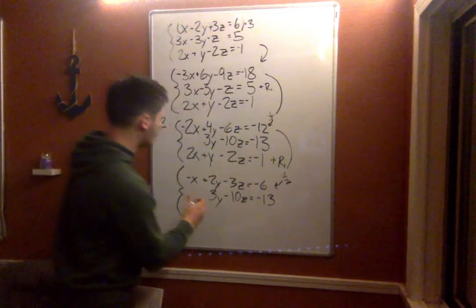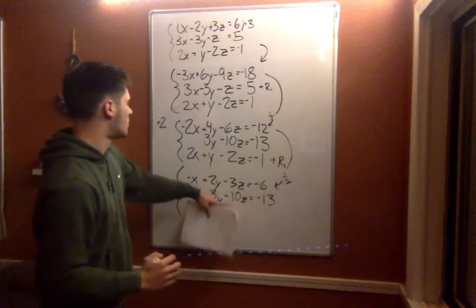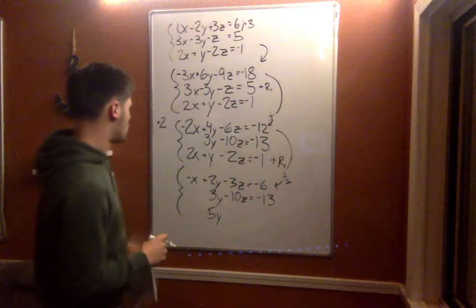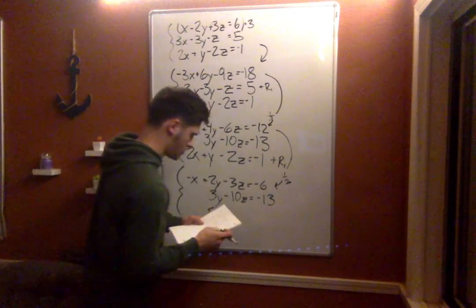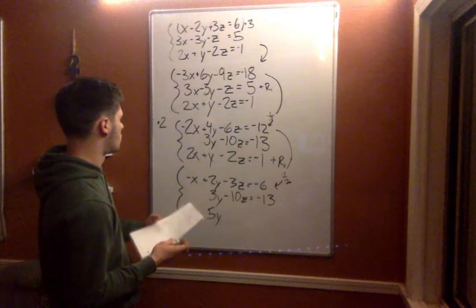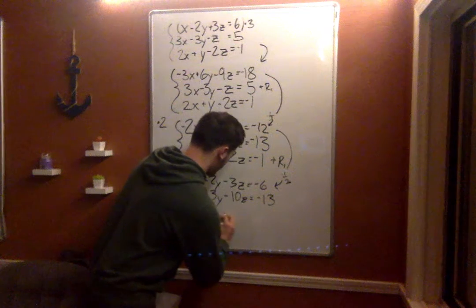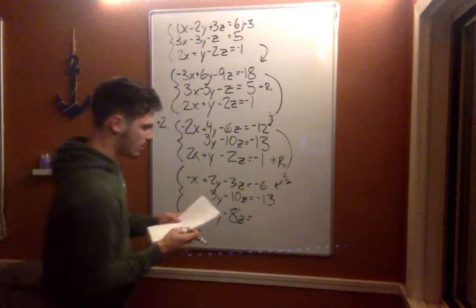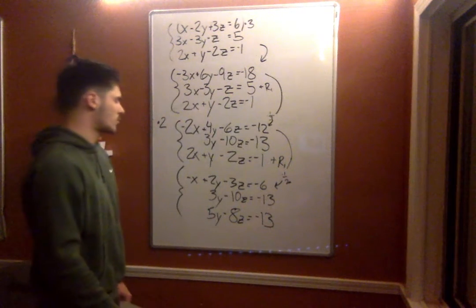We've got 5y, and then we've got negative 7z, right? Or negative 8z, sorry. Equals negative 13. So once we're here,